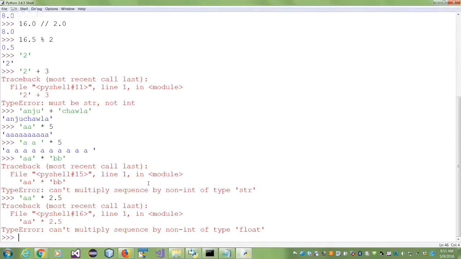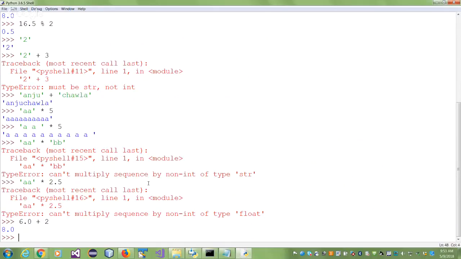So example, I can say 6.0 plus 2. This is called a mixed expression. So I took a float, which is a 6.0. I took an integer, which is a 2. Notice the result. So the 2 is the narrower type. Narrower means, you can kind of think of a smaller type. So it's called a narrower, and float is called a broader type, right? So what does it do? Whenever it sees a mixed expression, it takes the narrower type and changes it into a broader type and then gives the answer in the broader type. That's what it works with, okay?